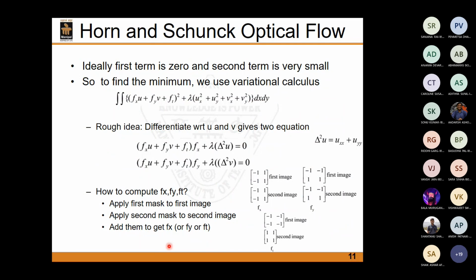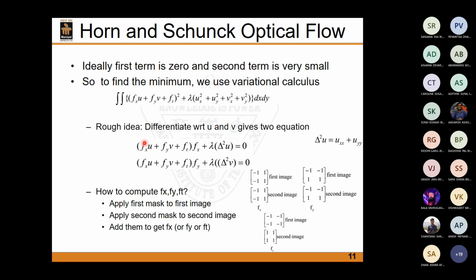Okay, so now we'll see how exactly we approach this particular minimization problem. We'll see from this equation how we can find the minimum. In order to find the minimum, we use a method similar to variational calculus. We differentiate this equation with respect to u and equate it to 0, and again differentiate it with respect to v and equate it to 0. When we do that, we'll get these two expressions,